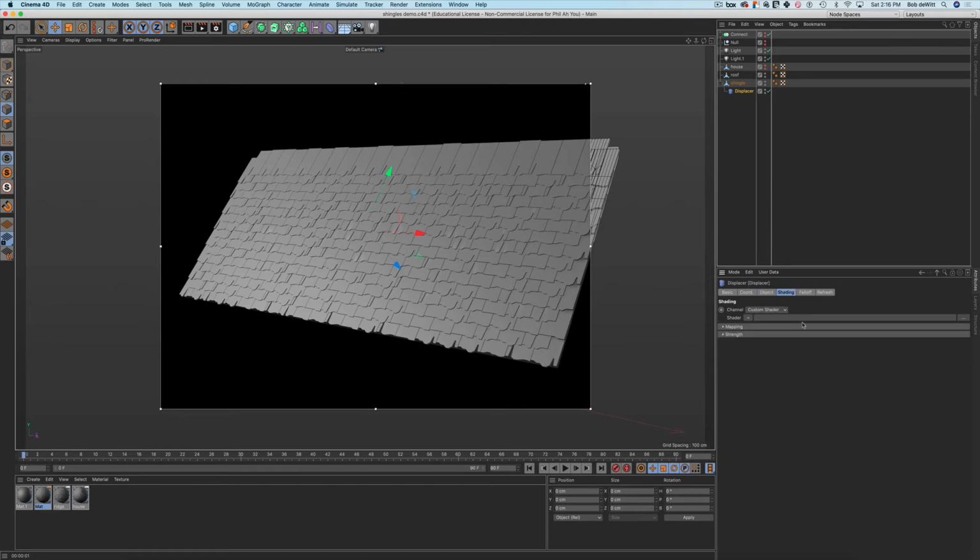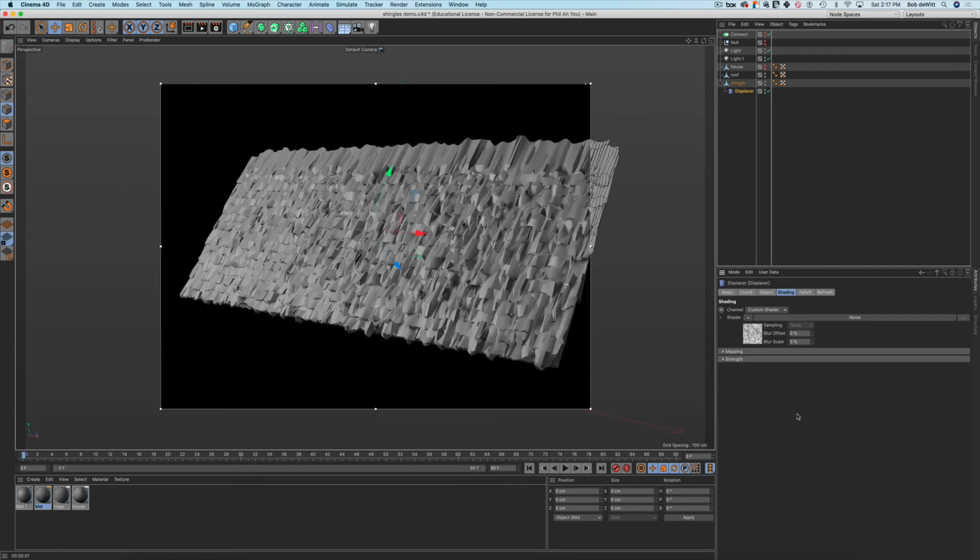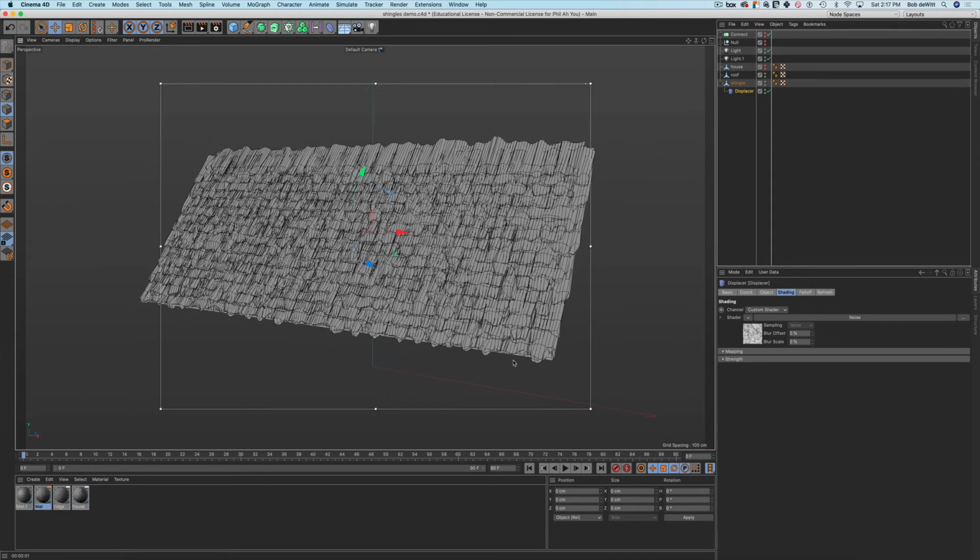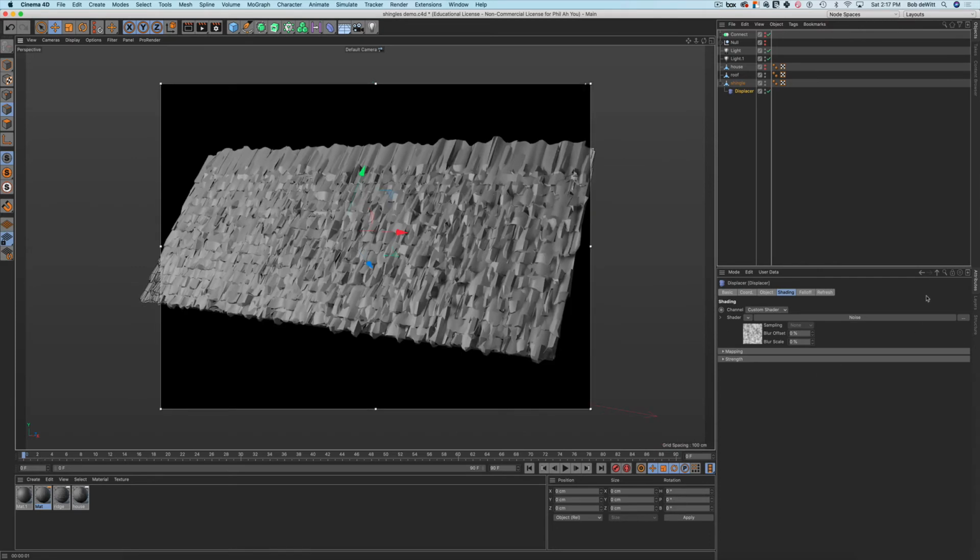Click on shading, then go down to the shader, open that up and add a noise to it. The displacer needs to have a noise channel in order to displace the polygons. So that's what's happening here when we add this displacer, is that it is displacing the polygons in those shingles. So let's do that and see what happens. It gets pretty radical there. So obviously too strong. So we'll go back to the object,